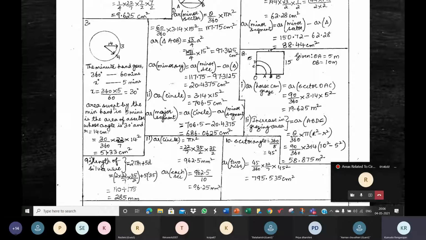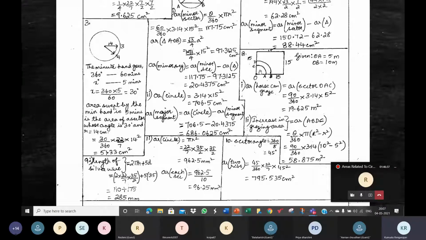All right. So in the first case, the length of the rope is 5 meters. In the second case, the length of the rope is 10 meters. Initially, OA and OC are both radii, because a radius goes from the center to a point on the circumference. OC is 5 meters, and from O to any point on the arc is 5 meters.